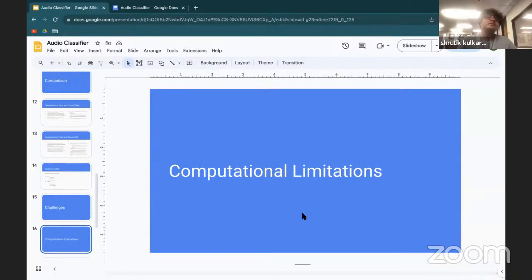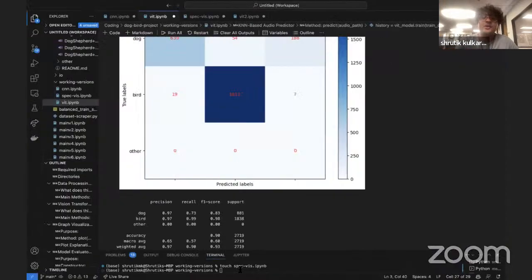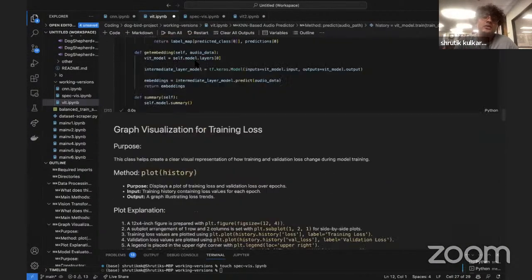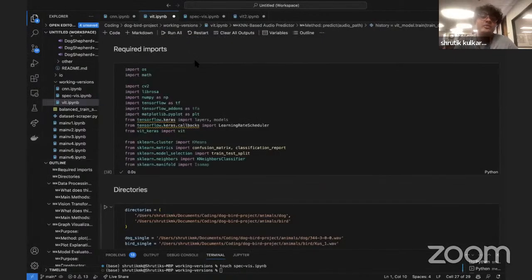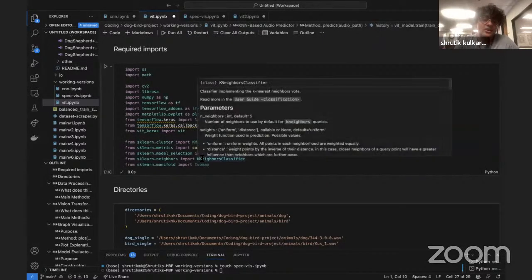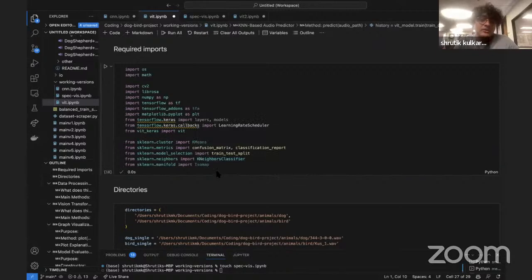An example of this, as I was discussing earlier, was the vision transformer and CNN, one being more intensive than the other. I couldn't get CUDA working with my vision transformer because